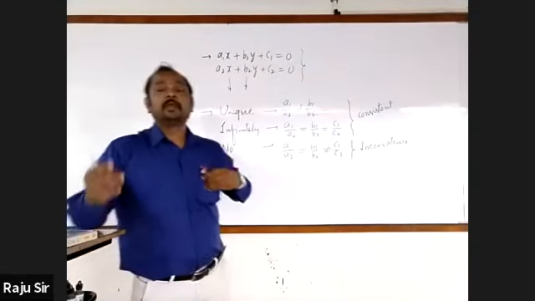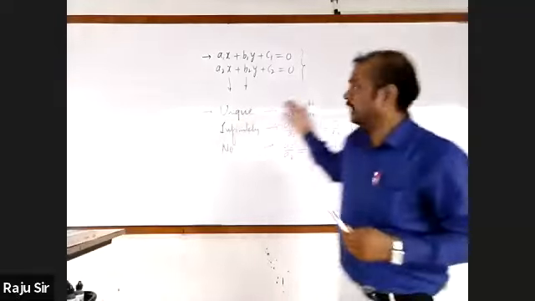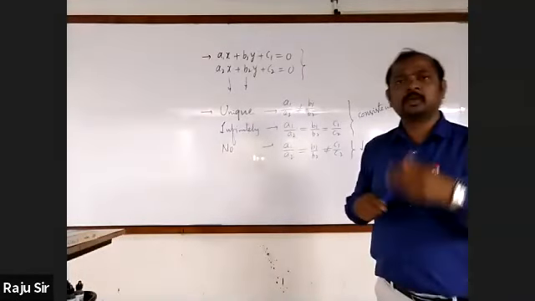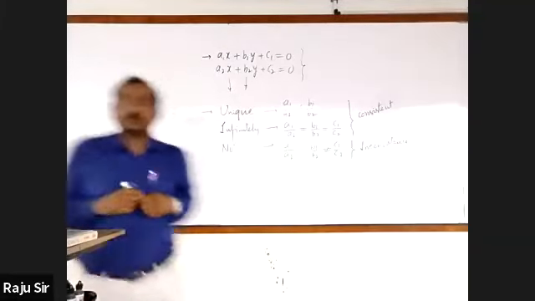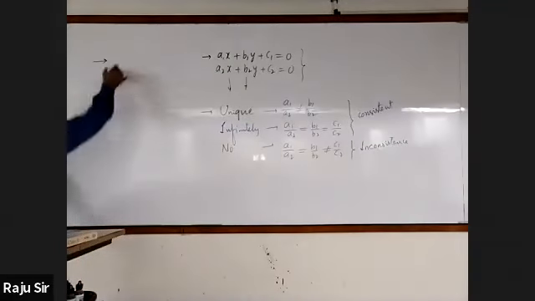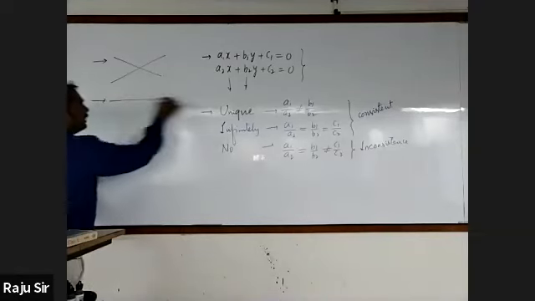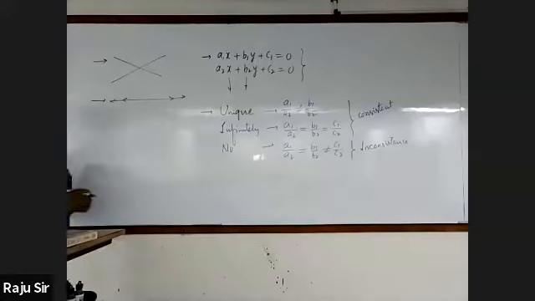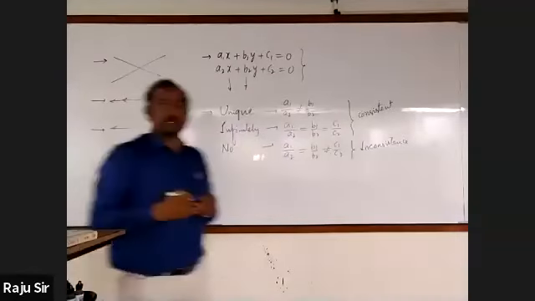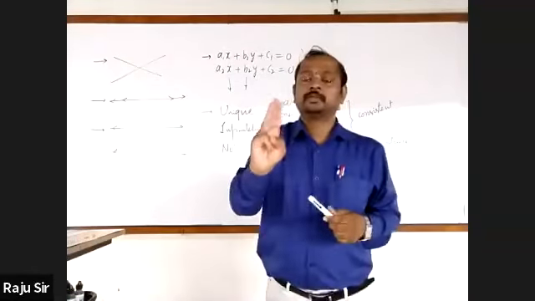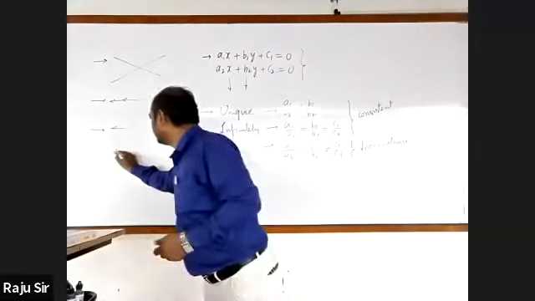We all know that the graph of a linear equation in two variables will be a straight line. Here, as we are going to take two such linear equations, we will get two lines, and the nature of these lines will also be different. So we have come to know there are three possibilities. One is that the lines may intersect each other. Second, lines may coincide with each other. And third, lines may be parallel to each other. So these are the three ways in which the graph of the given equations can be represented.